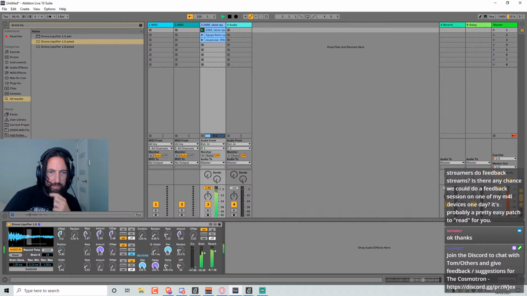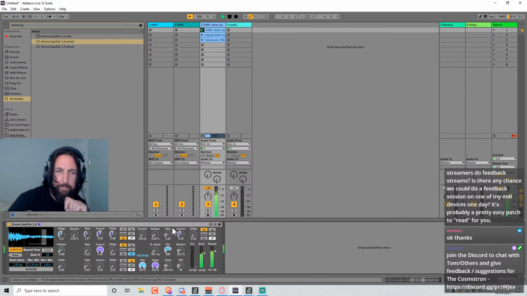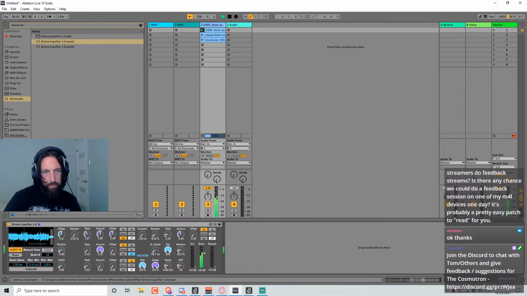Oh no, this does do something. This is like a pan. This is almost center. Oh, maybe it's because I've got random on. Oh, okay, this is working. So that's cool.